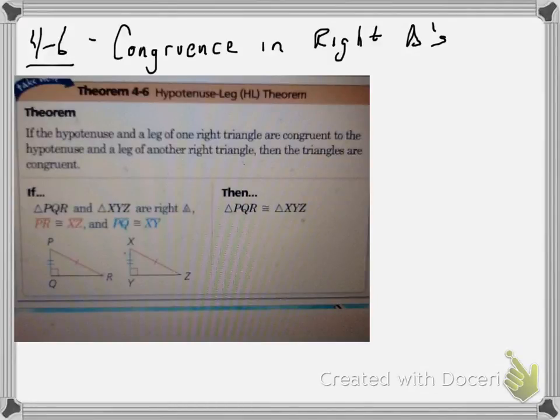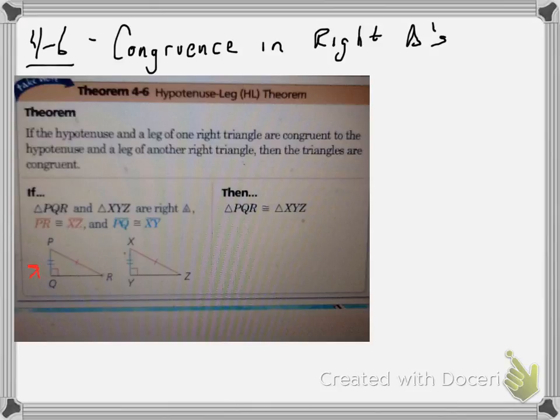4.6 is about congruence in right triangles. Theorem 4.6 talks about the hypotenuse leg theorem. If the hypotenuse and leg of one right triangle are congruent to the hypotenuse and leg of another right triangle, then the triangles are congruent. So in other words, when you're looking at these pictures, see how the leg right here,